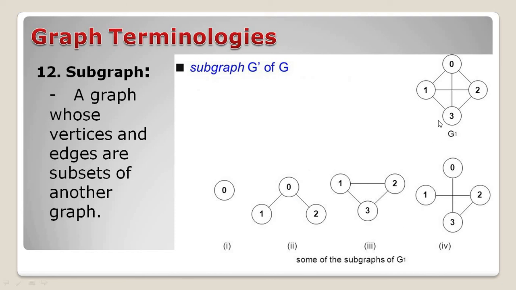So this particular part it will be there. So in that case that is a 1, 2, 3. So this one also we are going to be calling as a subgraph. Like 0, 1, 2, 3, like we are having the edges from the 0 to 3, as well as we are having the edges from the 1 to 2, as well as we are having the edges from the 3 to 2. So in that case this also we are going to be calling as a subgraph.